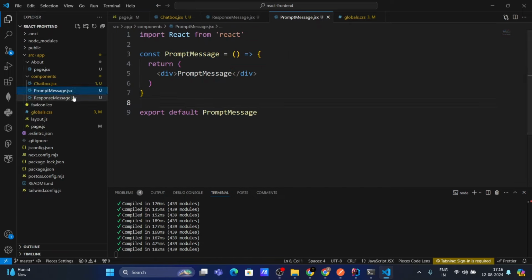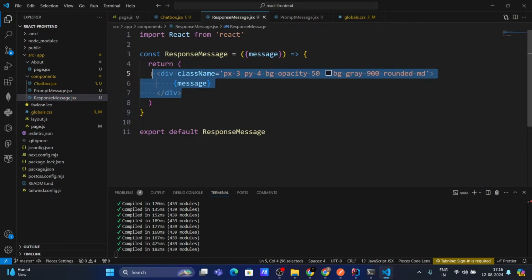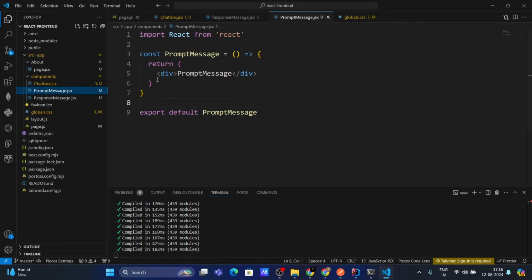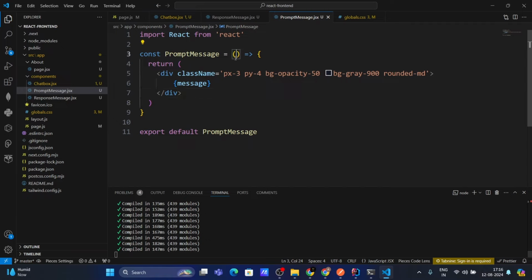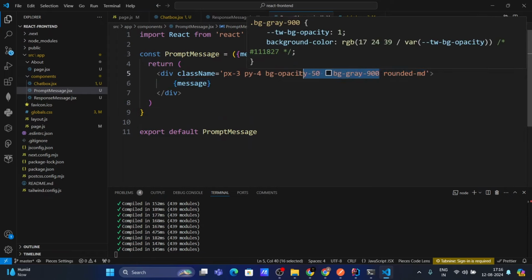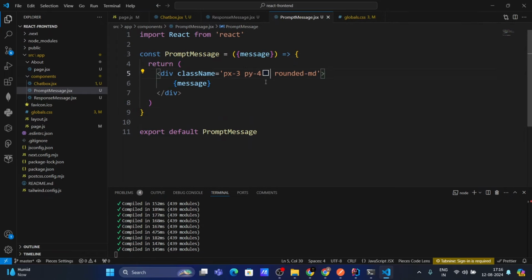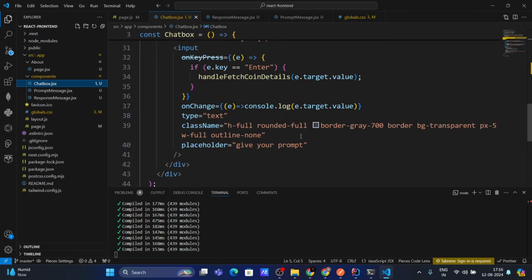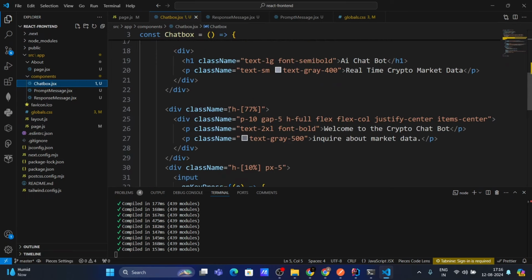Okay, similar to our response messages, so let's copy and paste it over here. Let's access the message from props, but here we don't need to give the background color, that's all. And also let's not give a rounded corner. Now let's go to chat box, and here